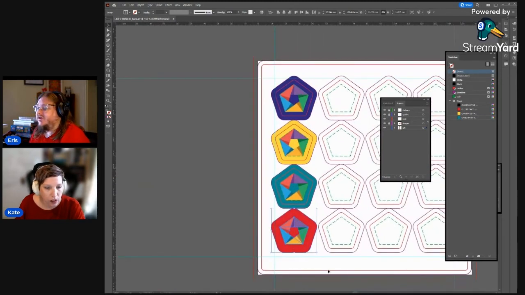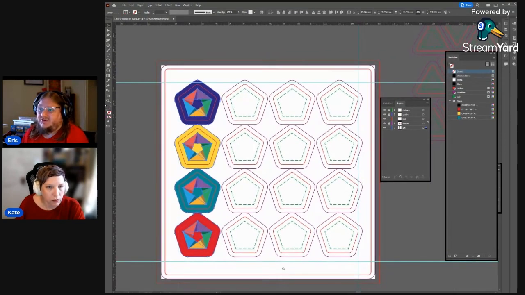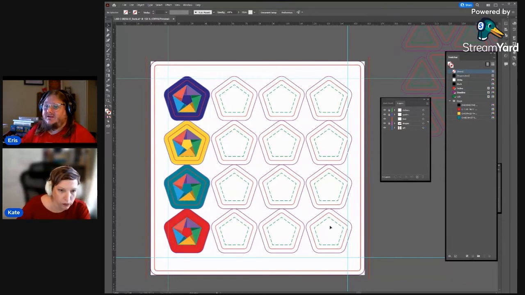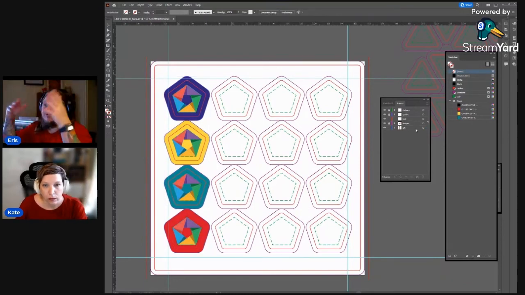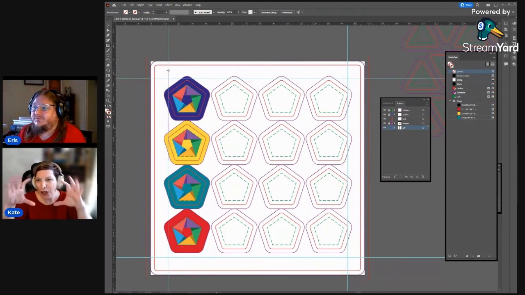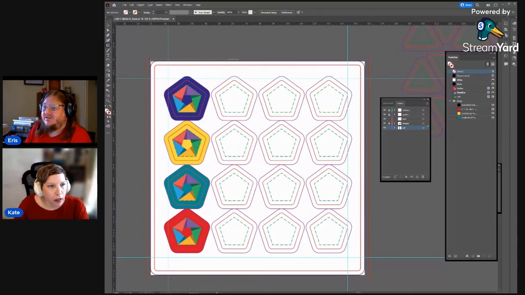And for people who don't know, if you have artwork that's a bigger shape, like a rectangular piece of artwork you're trying to put into this pentagon, in Illustrator you can use what's called clipping paths. We won't show it now, but if you look up clipping paths, that can basically put one object into another object and cut it to that shape, so that you only see the bit within that shape, not anything that might be sticking out. In this case, you could do it to the pentagon shapes.